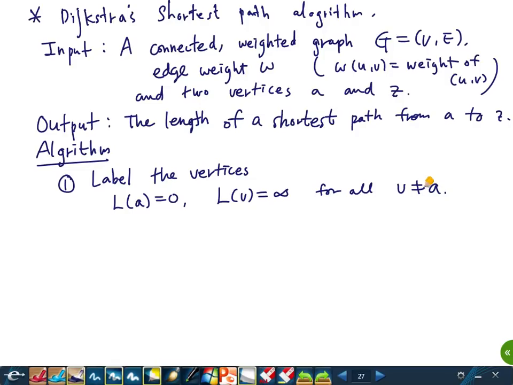And we're going to say that some vertices are active and some vertices are inactive. Initially, set all vertices active. Using active vertices, we will do something. So this is the initial setup. And then we're going to find an active vertex